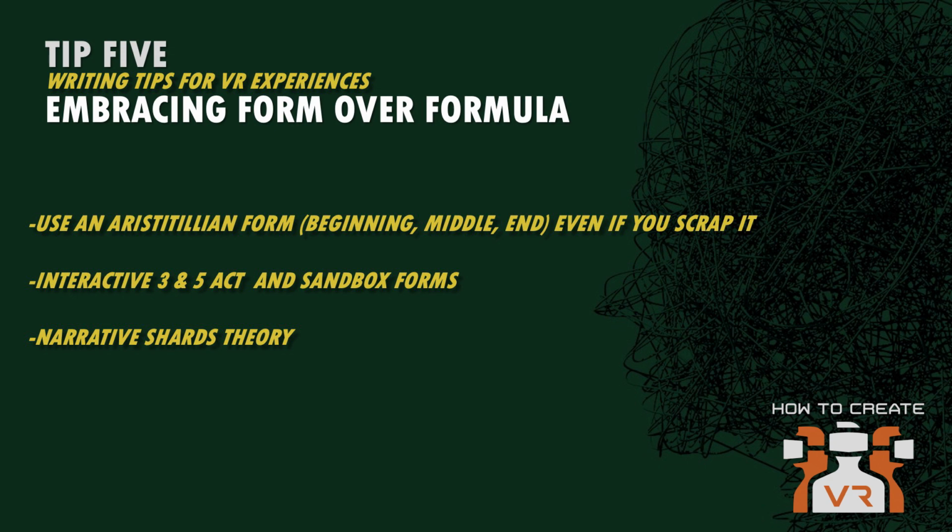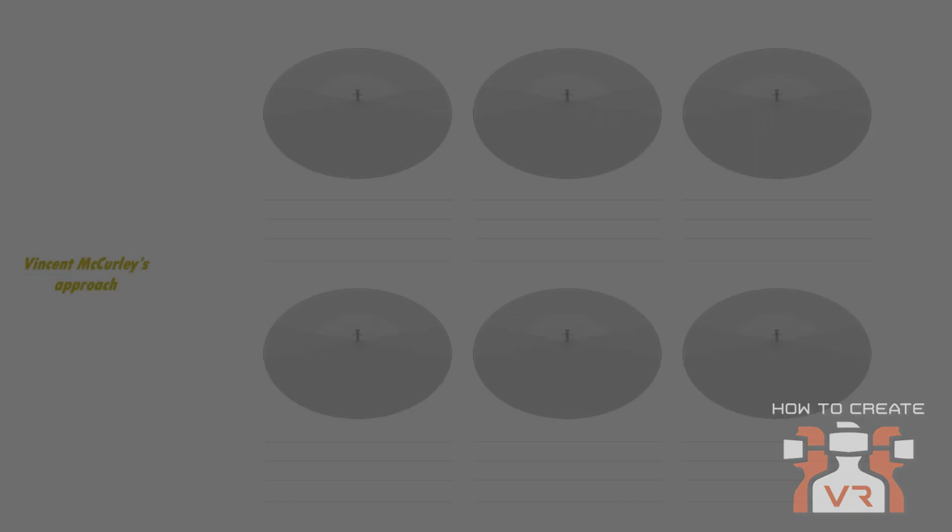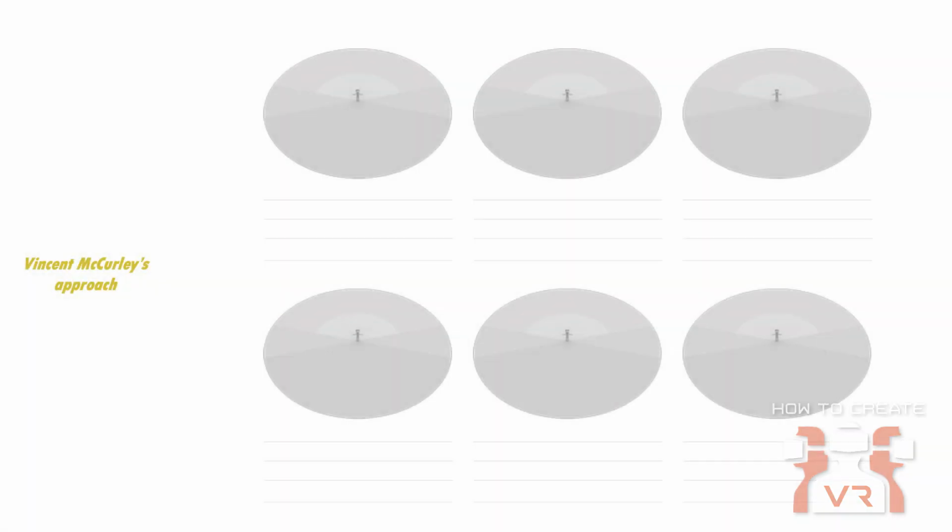Now, before I conclude, I did want to give just a couple of examples for people to see of ways that these things get executed. The first example here I'm showing is a storyboard that was created by Vincent McCurley. And Vincent has this approach where he basically creates elements that the audience will experience narratively by placing the participant in the center of the experience. And you can hopefully see different fields of view identified for the participant as far as what the participant will most actively engage in being right in front of them. And then the peripheral parts of the experience in a darker shade of gray.